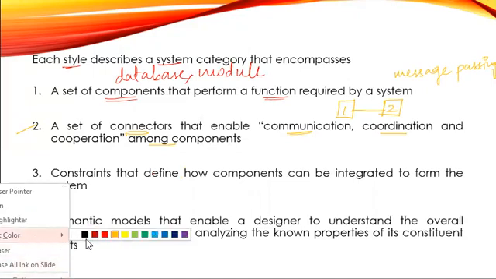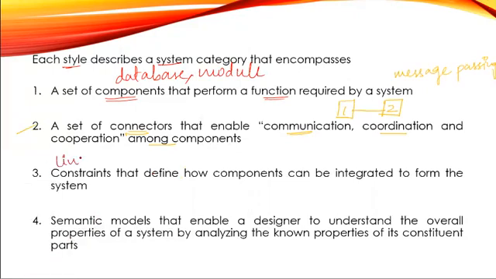Now, what are constraints? Constraints are basically your limitations. Whenever you're designing a system, you've got some specific limitations that need to be followed. So limitations are going to define how each and every component can be integrated. Suppose you're designing one specific component, and there is a constraint that you are going to use some specific technology for it. Based upon that technology, you're going to identify what software is needed to design that component, and then how you're going to make the connection and integrate it within the software. That is also one point.